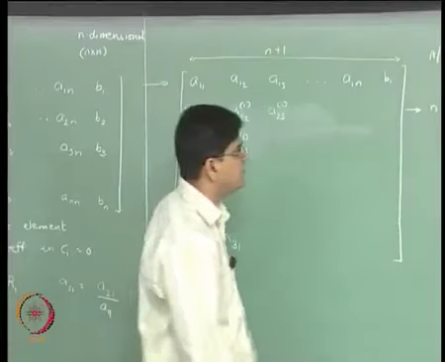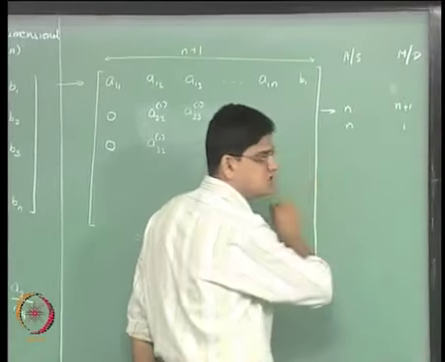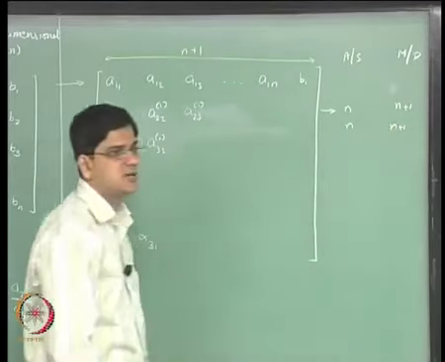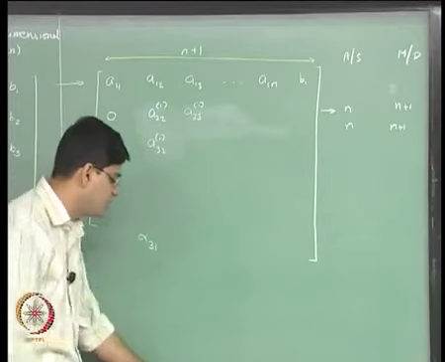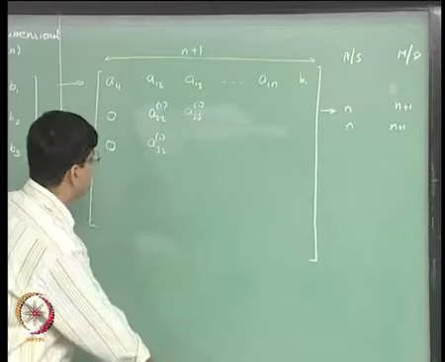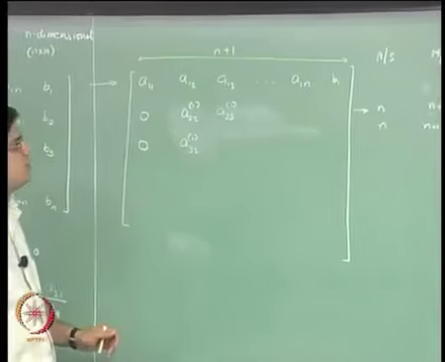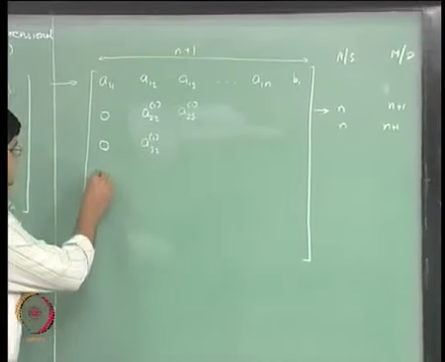So, the number of steps required over here are going to be n addition subtraction steps and n multiplication division steps plus one more multiplication division step to get alpha 31. And as you see, the pattern we are following is that for each and every row the number of steps required is exactly the same. As a result of this,